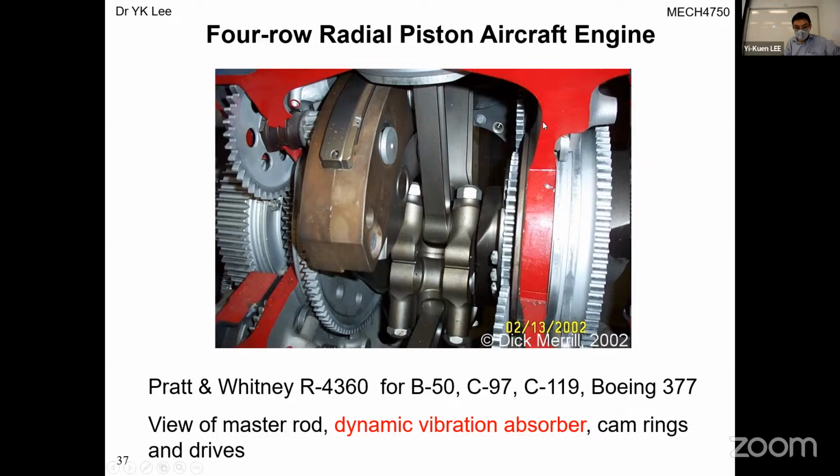Reliability means this engine has to work for many years without failure. Reliability is critical. If you don't have this kind of vibration control, then the vibration is too big, and definitely you have a harmonic force, resulting in vibration and